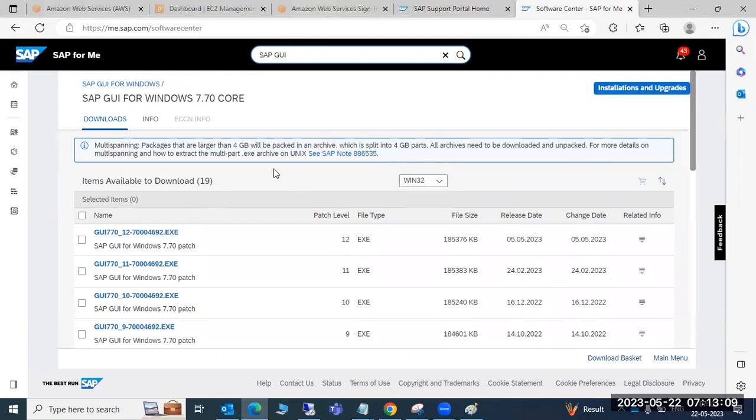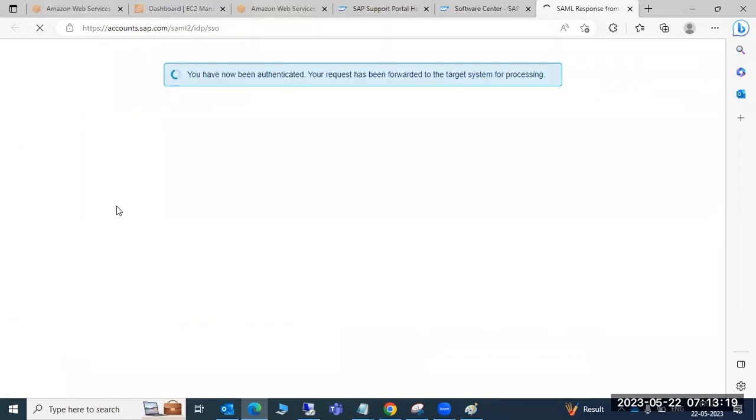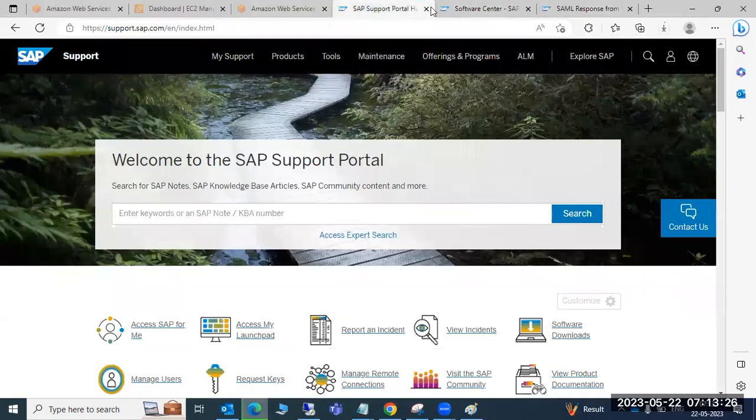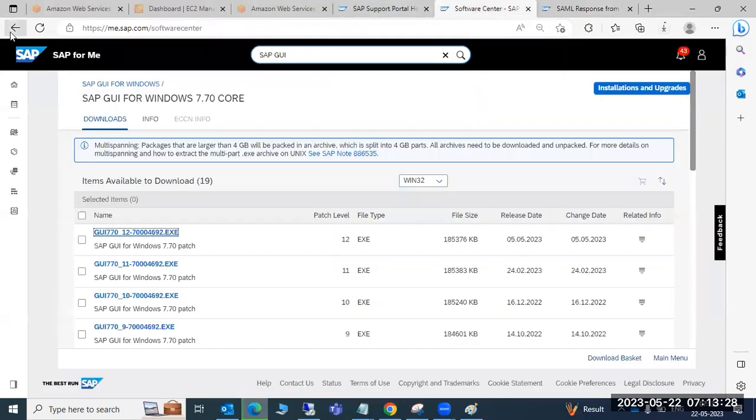Maybe this is a patch. Maybe we can download this one, the latest versions. There are several versions, the patch 11. So it will download. Let's see. Meanwhile, we can also see it is getting downloaded. We can also see anything like